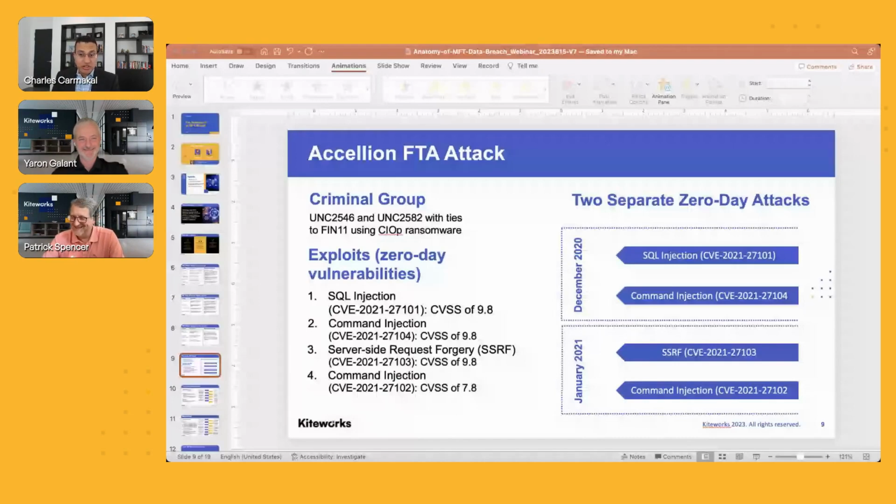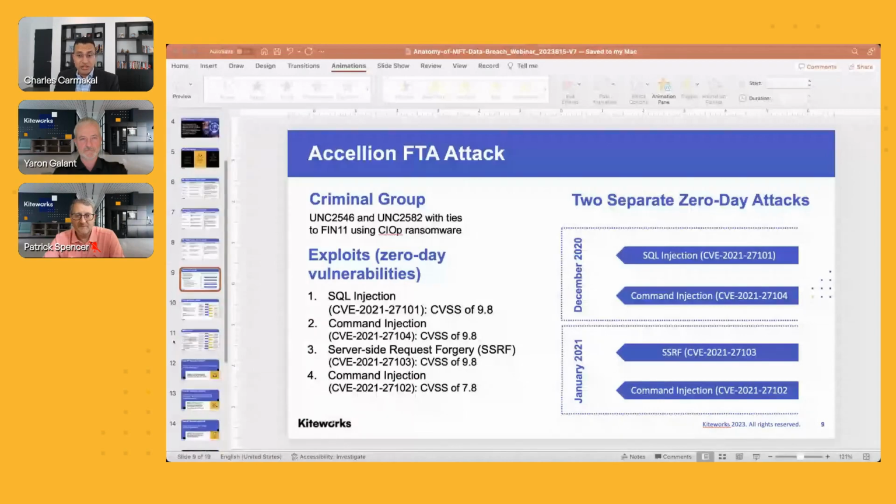Yes, there were two different waves of exploitation against the Accellion FTA product. And there were multiple different security vulnerabilities that were chained together that enabled the attacker to do what they did. Now, one thing we noticed is they were stealing a large volume of data from a number of different organizations. I forget what the exact count was, but let's just say it was roughly around 100 different organizations. A few months passed. We weren't exactly sure what they were going to do with the data.